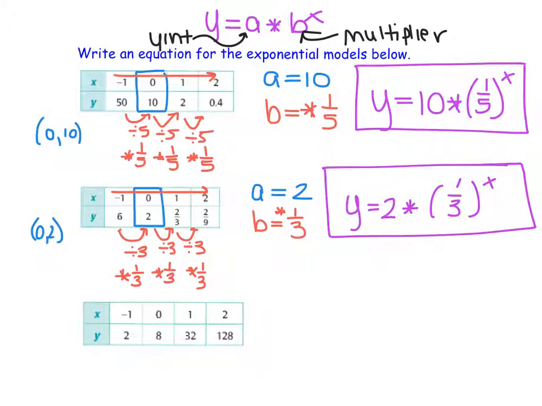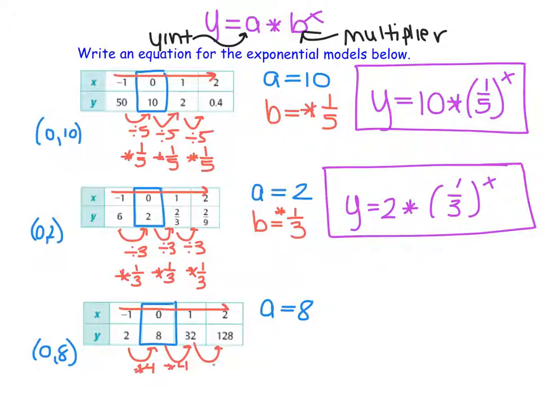And then finally, my last problem here, I start by finding my y-intercept value, which is x is 0, y is 8. So I know that my a value is equal to 8. Then from here, I look for a multiplier. I notice that as x increases by 1, my y values are being multiplied by 4. So my b value is just simply 4 because I am multiplying everything by 4. So here, in order to write my equation, I take y is equal to my a value of 8 times my b value of 4 to the power of